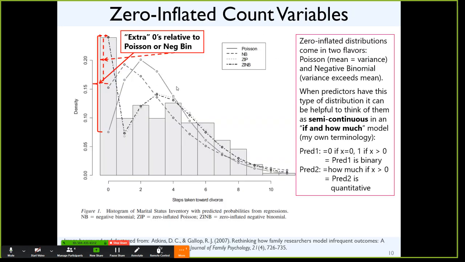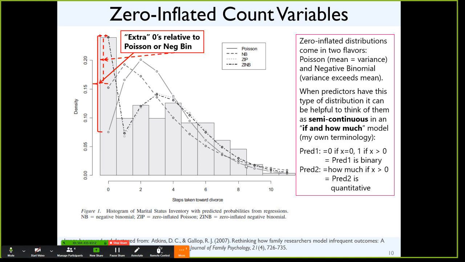Here's another one. So this is a special type of count. This is what I refer to as an if and how much variable. We talked about this a little bit last week. It results when you're mixing two different types of populations, one in which a phenomenon simply doesn't happen, and one in which it does to some extent. So I call it if and how much. And this is an overlay of real data here. So the bars show actual observations, and this is a histogram that shows how many are in each of these categories here, artificially grouped together.